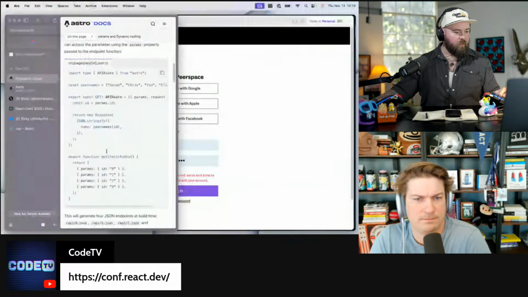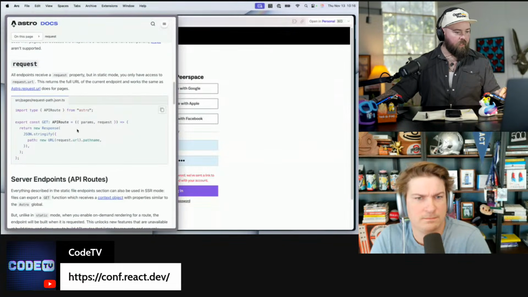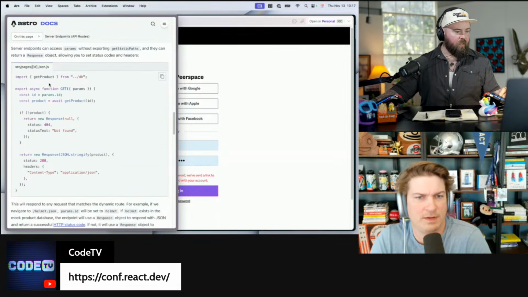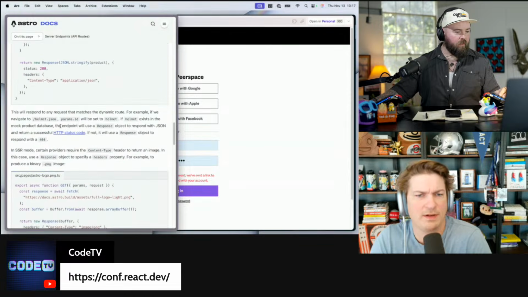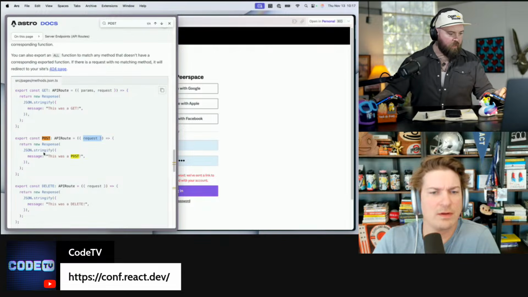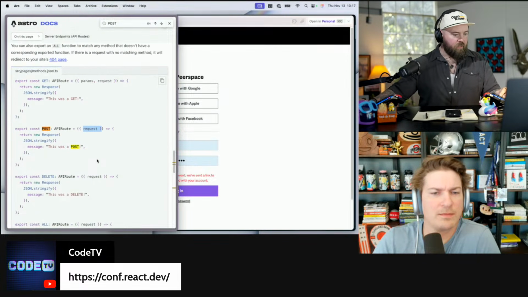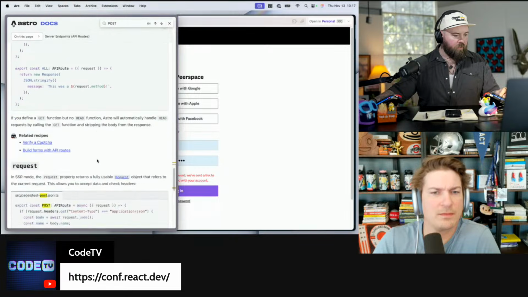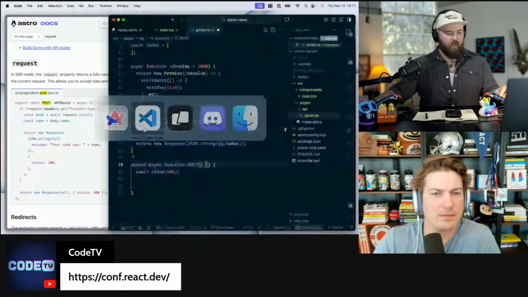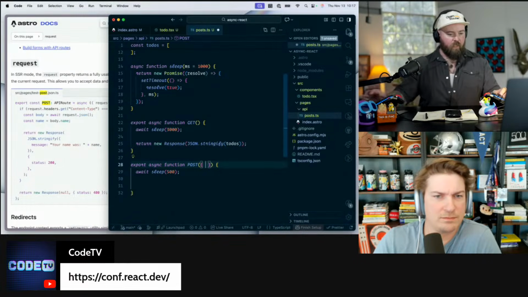Params and dynamic routing. Where's my post set? It's going to give us the request, and the request is going to have the body of some. Do they have a post example on here, like command F post? Yeah, they do. There we go. So we get the request, and then the request is going to have its bits in it. Somewhere down here, they should show an actual example. And the request is going to come in as JSON. So we send in the body as JSON, and then we're going to get, okay, great. So over here, we can get the request, and then we'll get the body out.